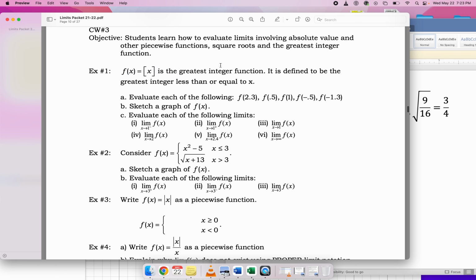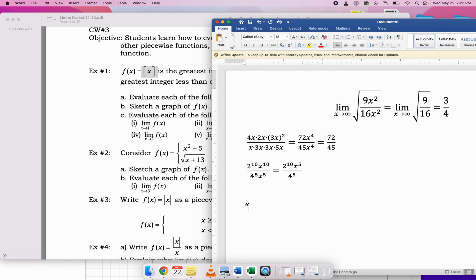Example number one, this guy right here is the greatest integer function. It means this is the greatest integer which is less than or equal to x. That's kind of a strange way of describing it. I think it's much easier to understand that all this function does is it rounds down to the nearest integer. So if f of x is this function, the greatest integer function, or sometimes people call it the floor function,